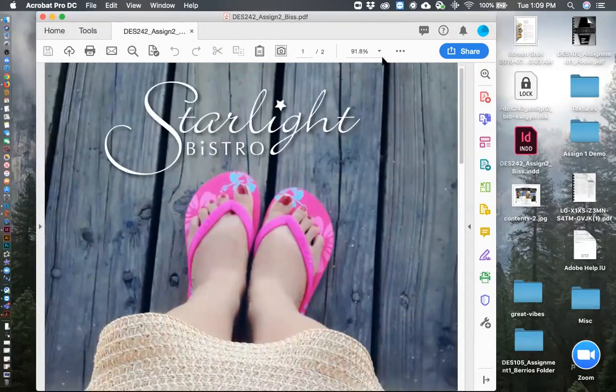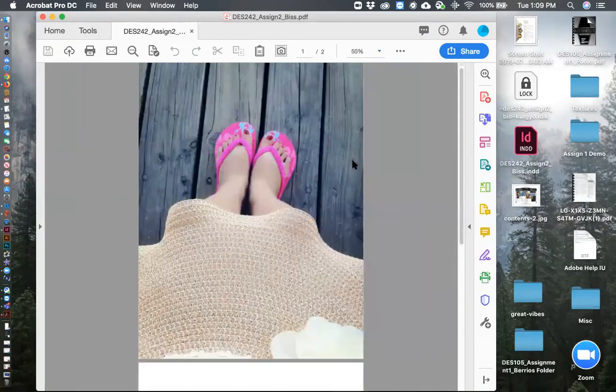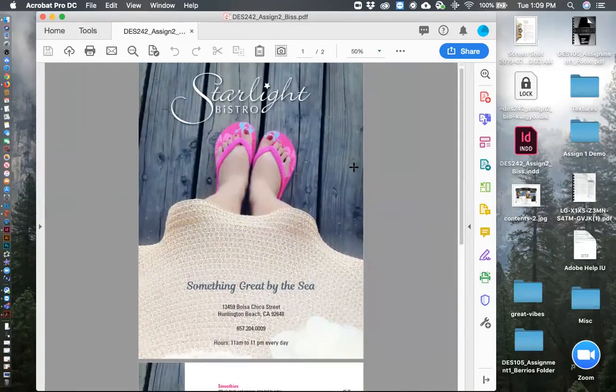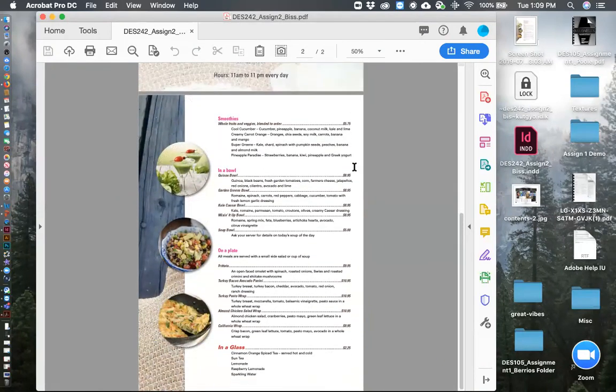Just make sure it looks good and view it. I usually view it around 50, 60%. Just make sure it looks readable, not pixelated or fuzzy in any way. This looks pretty good. And just make sure you have both pages. Everything looks good.